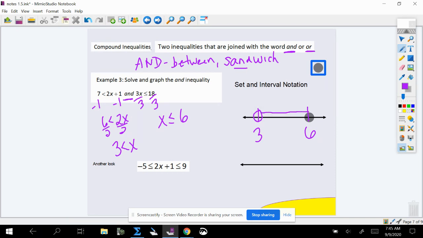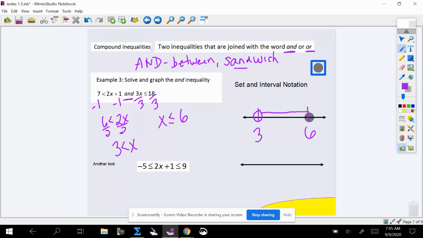So that's how I draw an "and" inequality. Notice it kind of looks like a sandwich. The circles on the ends are like the bread, and then we fill everything in the middle. So that is our "and" inequality. It's all my values that are bigger than 3 and at the same time also less than or equal to